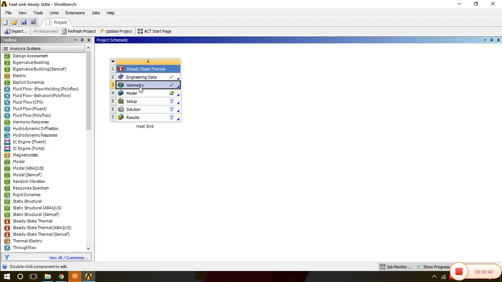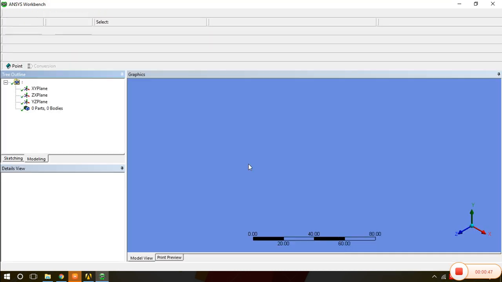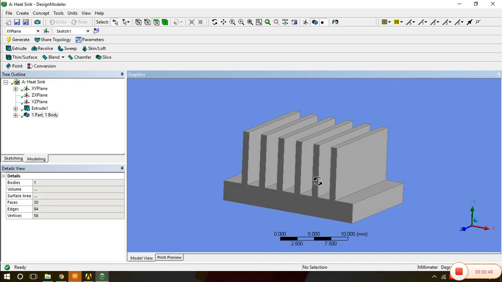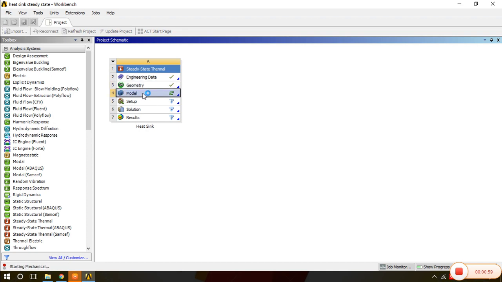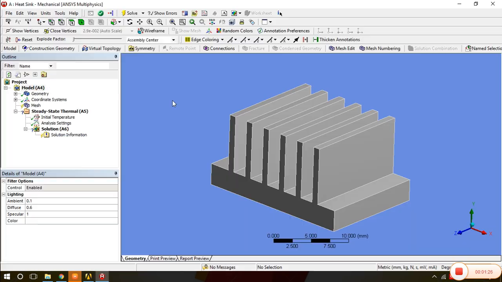The geometry which I have already drawn, we will not waste our time drawing. You can refer to tutorial number 34 for the geometry. See, the geometry is with us, so we need not draw the geometry once again. Now go to the model and do the steady state thermal analysis. Here in ANSYS Mechanical we will do the fast process for the steady state because we have seen it earlier in tutorial number 34.